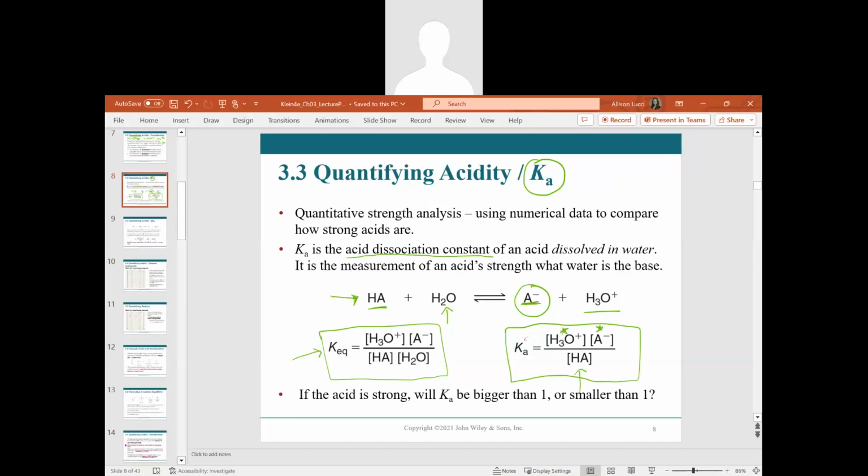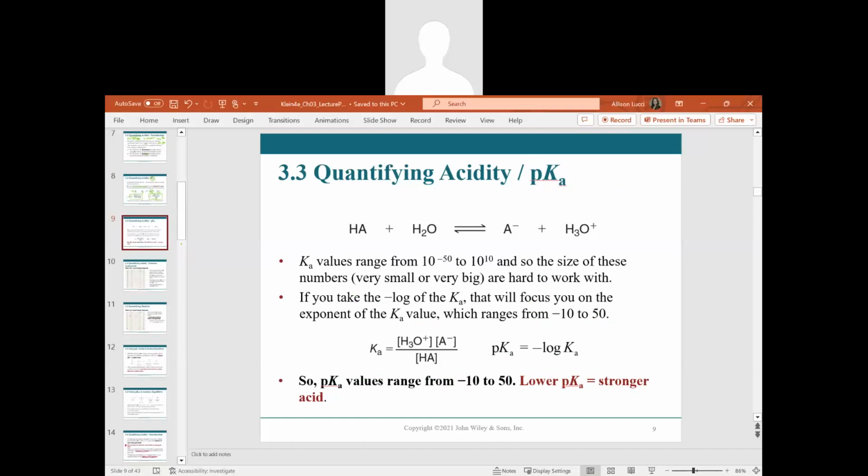If the acid is strong, our Ka value will be bigger than 1. If it's smaller than 1, we know that it would be a weaker acid. So let's take a look